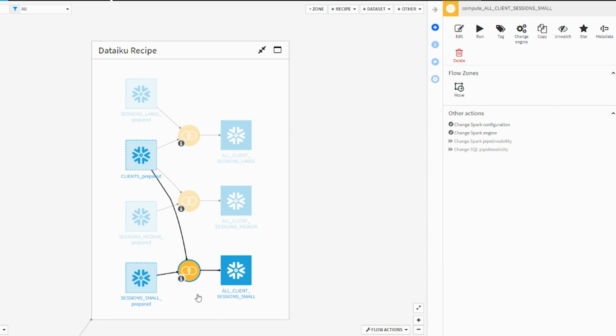This Dataiku recipe will take the prepared clients and sessions datasets and perform a left join based on the common client ID field. This recipe can be easily reused with other datasets that have a common field, making it an easily scalable solution for data preparation tasks. In a sales setting, this recipe could be used to join customer data with their purchase history to identify trends and make data-driven decisions for marketing campaigns. In healthcare, it can be used to join patient data with their medical records to track their medical history and